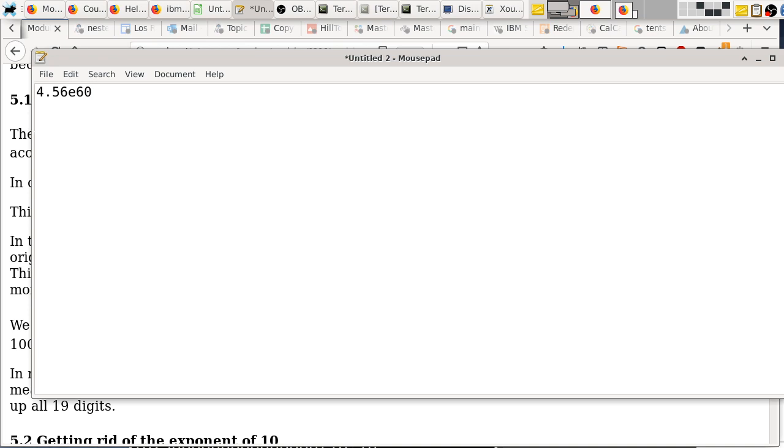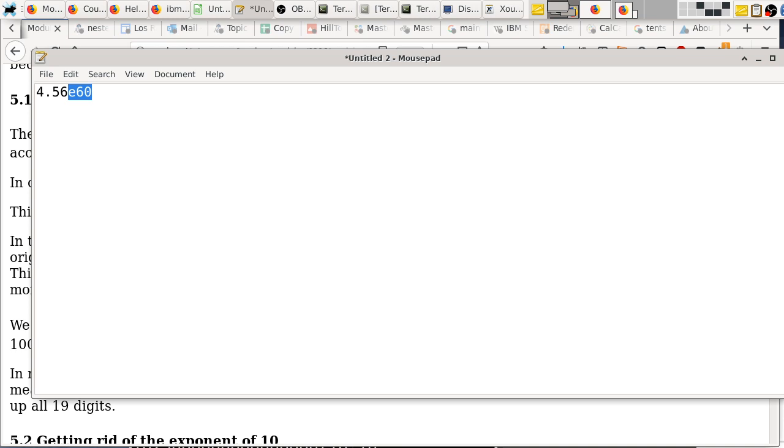Now, once again, the syntax of a base 10 scientific notation, we can optionally have a sign here. We can also optionally have a sign over here. The entire exponent part is optional as well. So if you prefer to enter this as 4.56 and then followed by 58 zeros, feel free to do it,